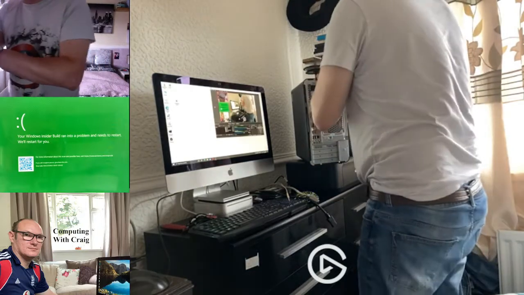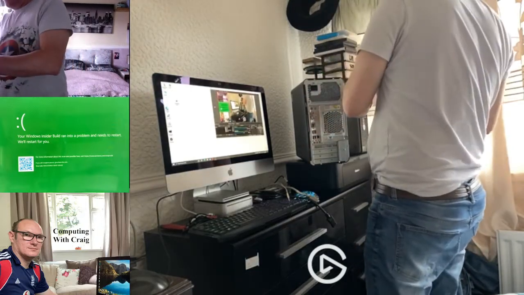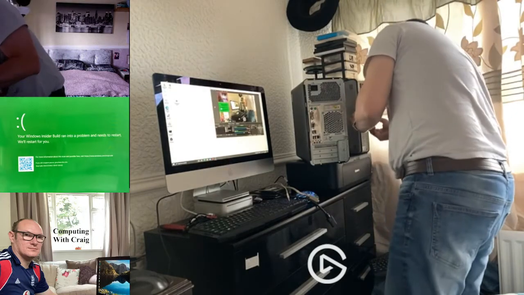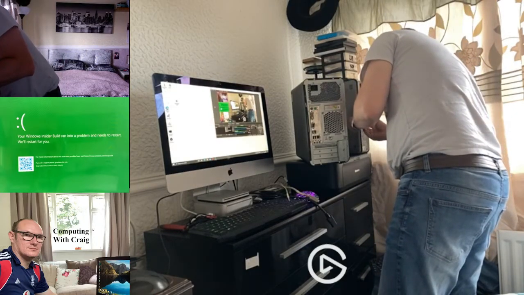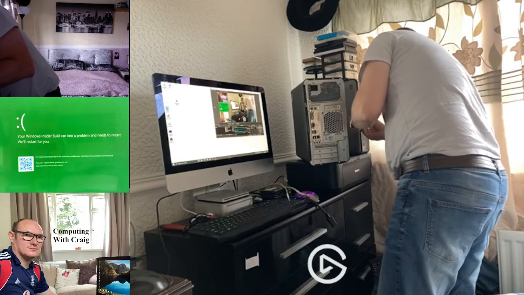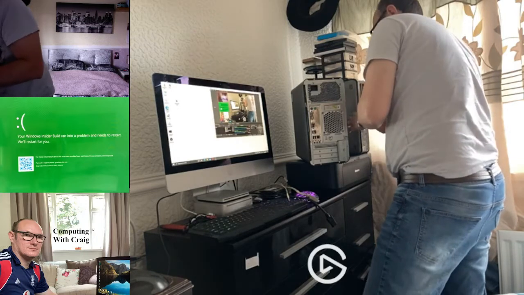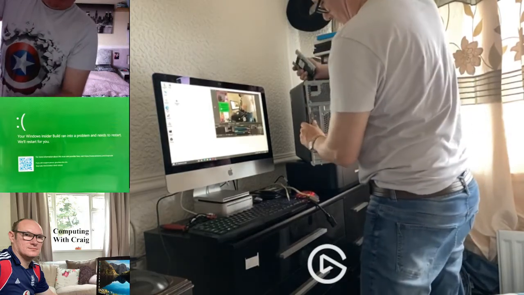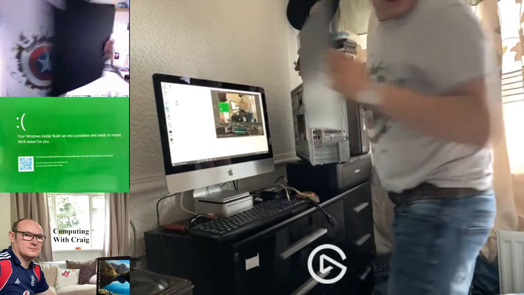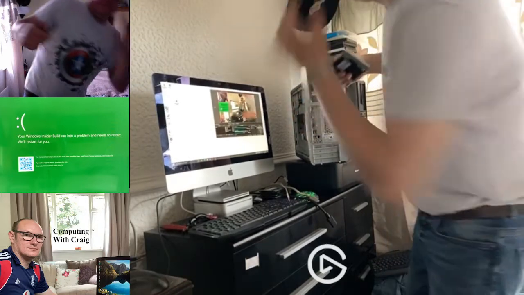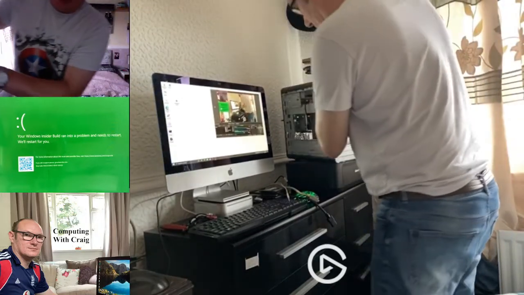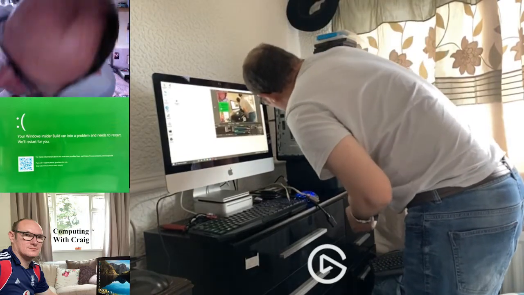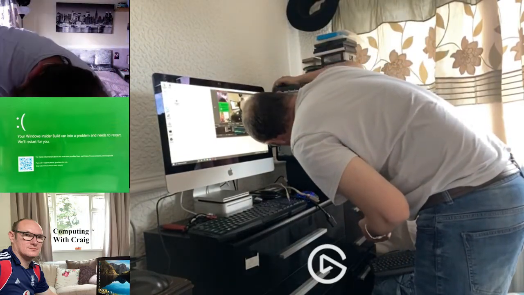And you know what? If I put that the wrong way. No, I haven't. So why is it not going in? Take that side panel off. See if we have